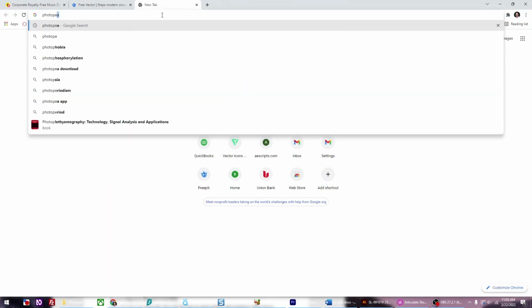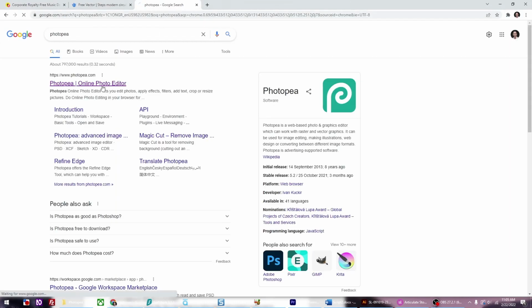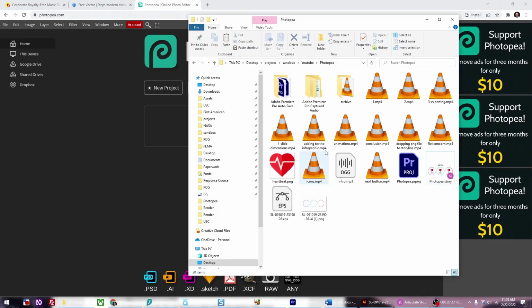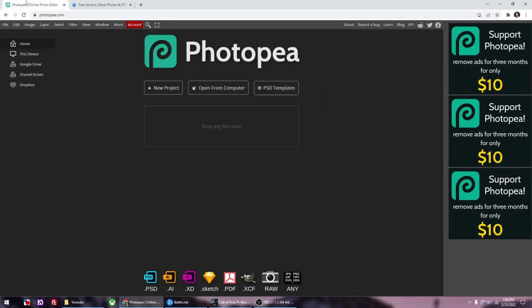Fortunately, there's a free online photo vector editor. It's called Photopea. Based on the look of it, it looks very much like Photoshop and Illustrator. So let me go ahead and use Photopea to modify vector assets. Let's go to